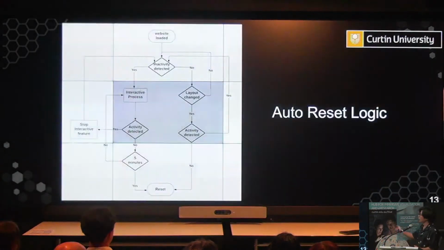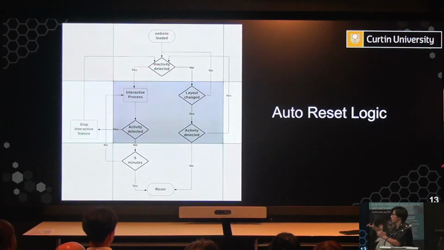So here is a simple flowchart of how automatic resetting works. As I mentioned earlier, when the website is first loaded, it detects whether there's user activity or not. If there's user activity, it looks at whether the user is changing the layout. If there's a layout change and no subsequent user is using it, it automatically resets. On the other hand, when the website is first loaded and there's no one using it, it will start the